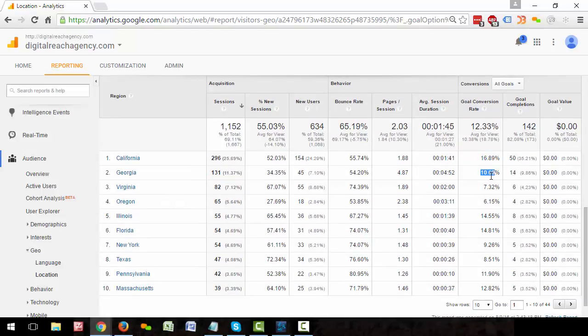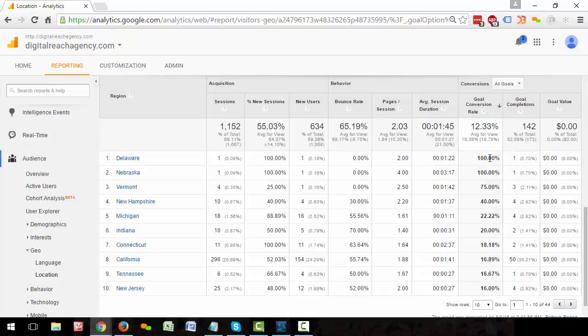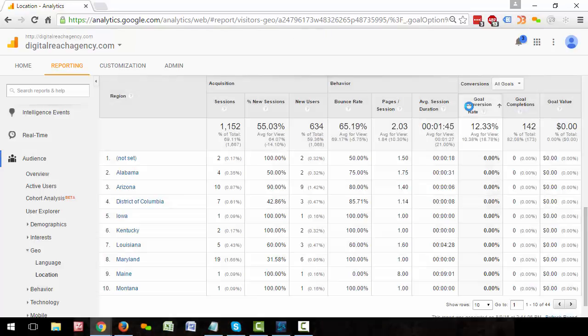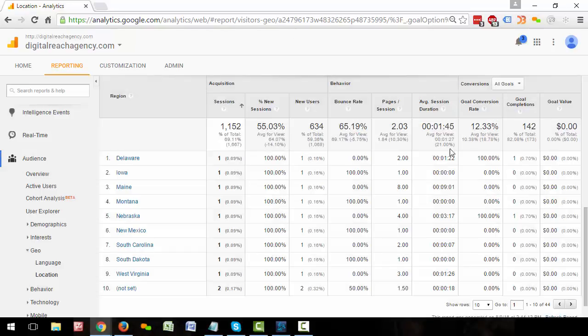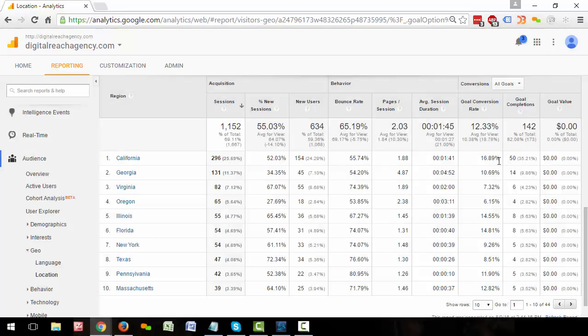And what we can do is look at per state which ones have the highest goal conversion rate. We can actually just click on this column and it'll organize it. These top ones, obviously they've only had one session, so it's not statistically significant. But the other way around, we can also do the ones with the lowest conversion rate, so we can see which ones have never converted at all. Now, if we organize by sessions again here, we can see that the average account goal conversion rate here per state is